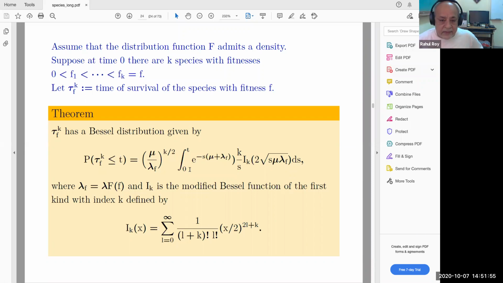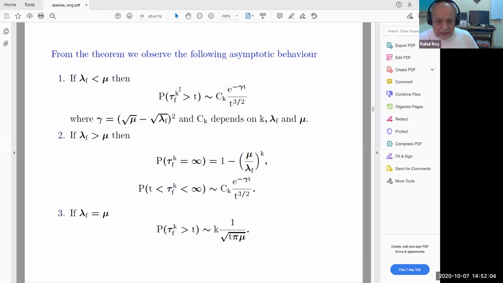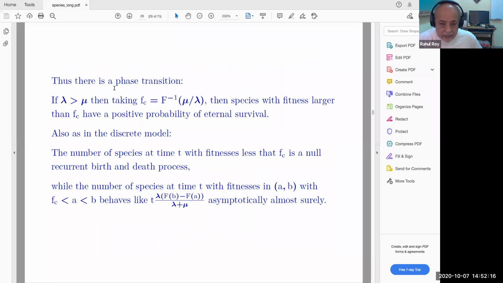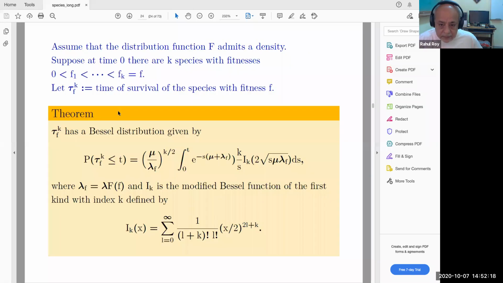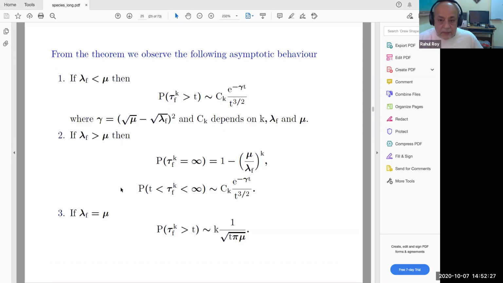So they obtain the exact distribution function of tau k, which is the time of survival of the species with fitness f. So what you can see from that expression is the probability that tau, if lambda_f is less than mu, where lambda_f is exactly lambda times the distribution function F at f, then